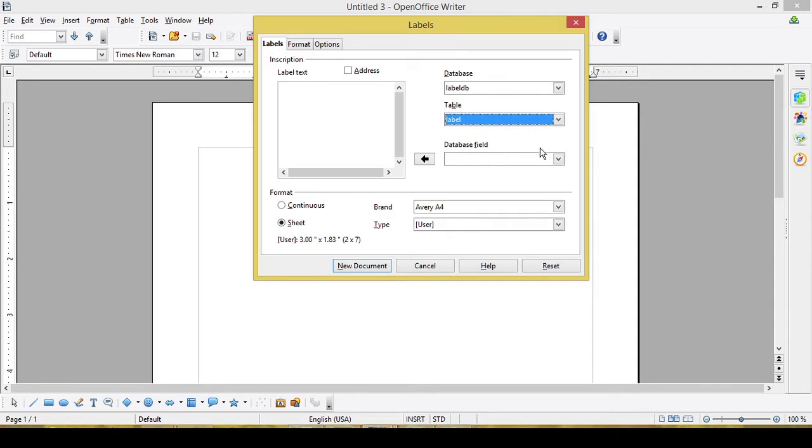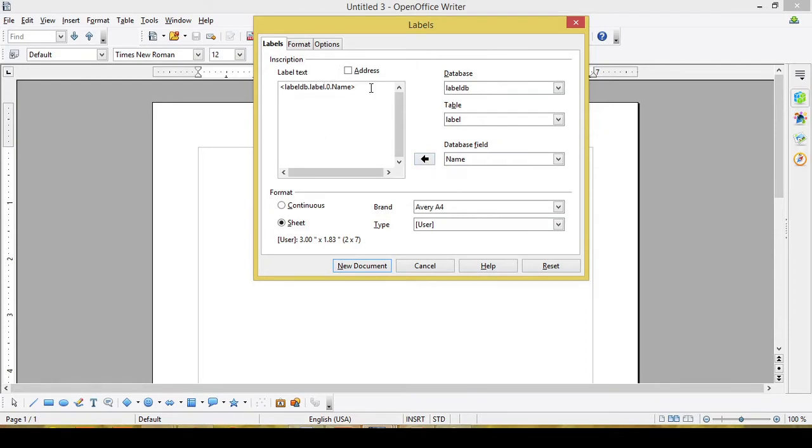Now this will display all the fields or columns of that table. As I showed you, there were 4 columns and I want to use 3 columns for my label. So one by one I am going to select the field name, and by clicking on this arrow I can get this field name in this list.